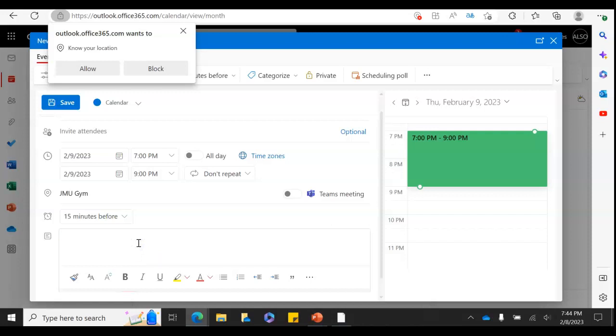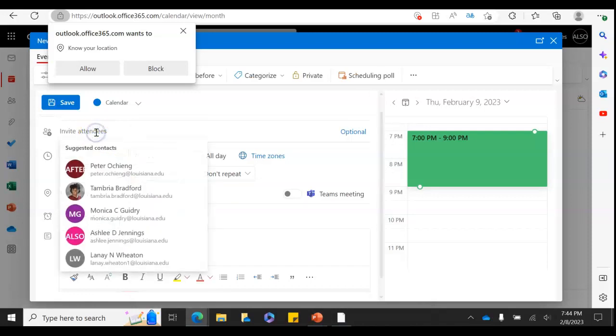But you can add a description or anything you want. I would normally put like bring a clear bag because they have a clear bag policy. So clear bag policy as a reminder, and then I'm gonna set my reminder for an hour before,